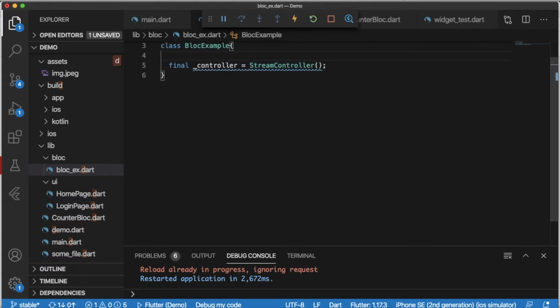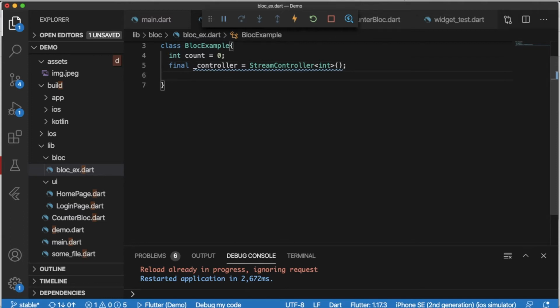We are creating this BLoC for our counter, right? A count has the type of int, so I will create a count variable with the default value 0. This count will be managed by this controller, so we have to pass the type of the controller. I will pass it an int. So the first parameter I have created is the StreamController.